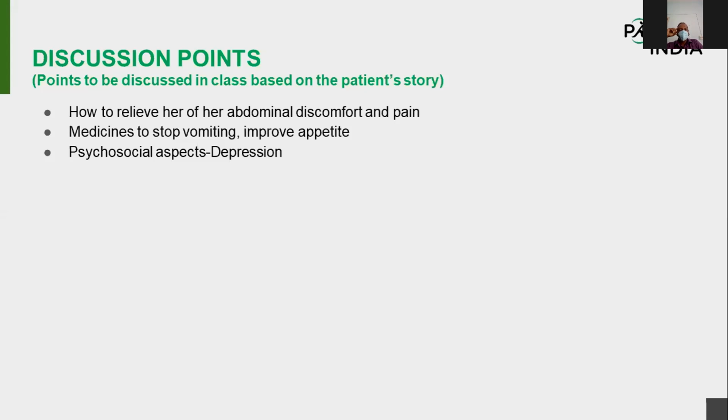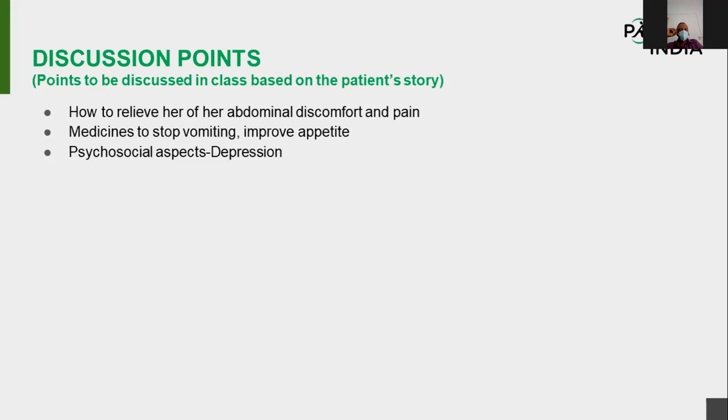And we can always titrate up or down depending on the toxicities of the patient. So the nausea and vomiting is probably because of some partial obstruction, and as Dr. Sreedevi told,